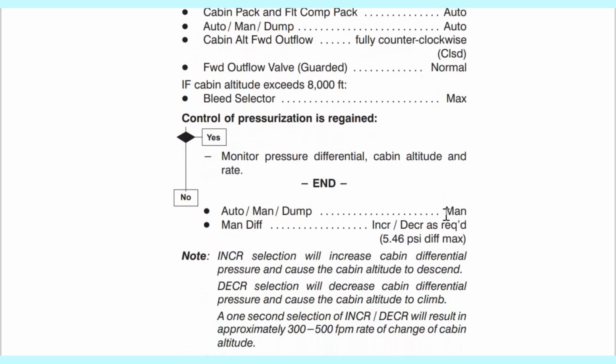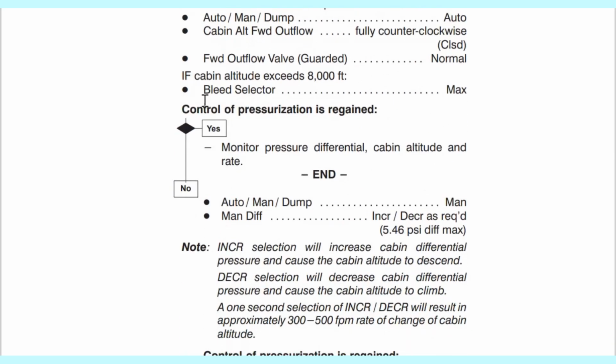What people have done, and what I have mostly done in the initial stages, is that the moment you have this boom, boom, boom cabin pressure warning light coming on, you don the oxygen mask, put your power levers down, condition levers max, and start descending. You don't have to do that. You've got to assess the situation. So yes, we are okay. Now, if all this has been satisfied and is okay, but still the cabin pressurization is not under control, meaning the cabin altitude is still high, then you do the next action.